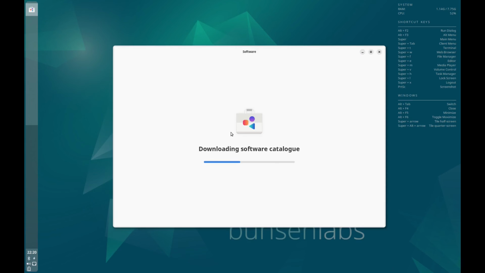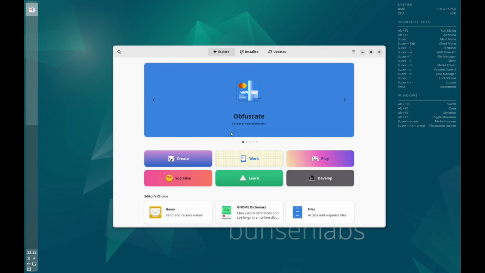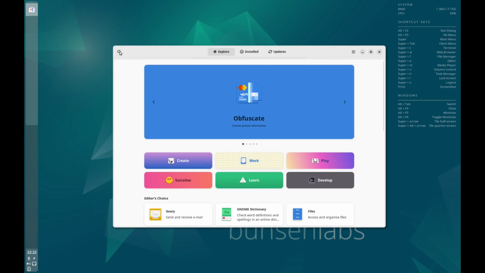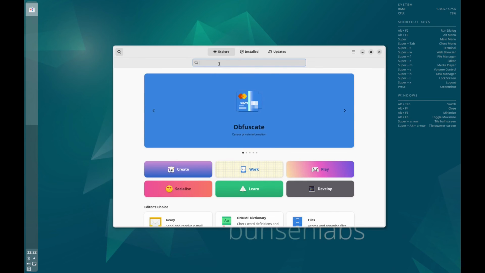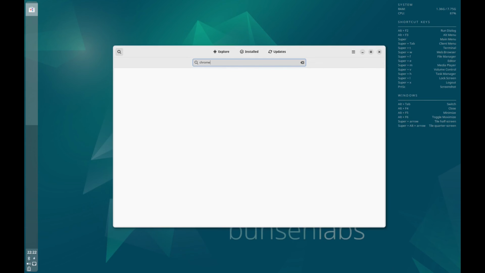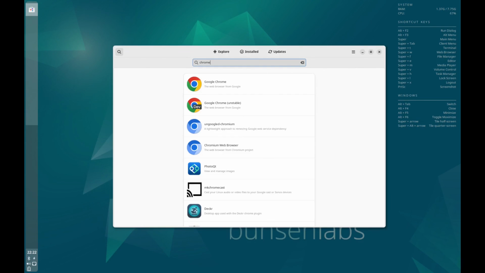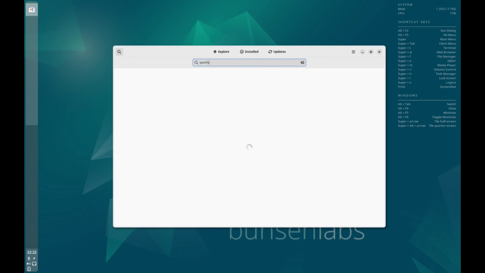You can see GNOME software is now loading. And here we are, GNOME software is loaded, and we search for Chrome. Chrome is there, Spotify, Steam,